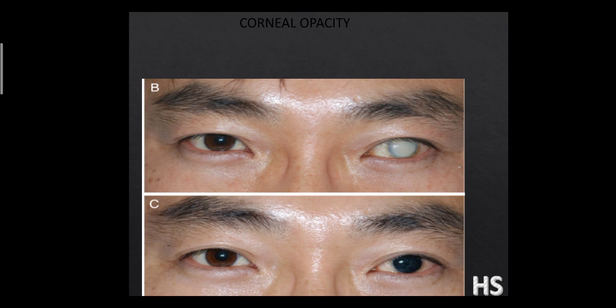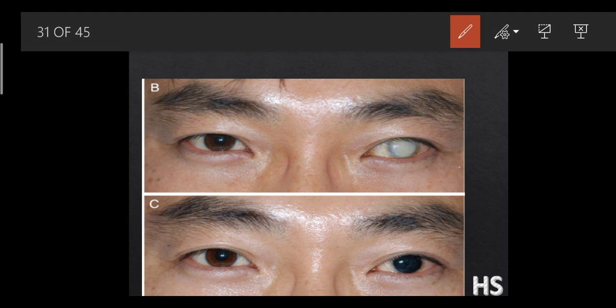Now the corneal opacity. See, the corneal part, as I already said, what is the cornea? Which helps to cover the colored surface of the eye. This is a normal eye, and this is the cornea part, which has completely become whitish. Okay, corneal opacity means what? Opacity means the cornea got blocked up, and due to which you are not able to see. So they can undergo surgical operation, and the cornea can get recovered.